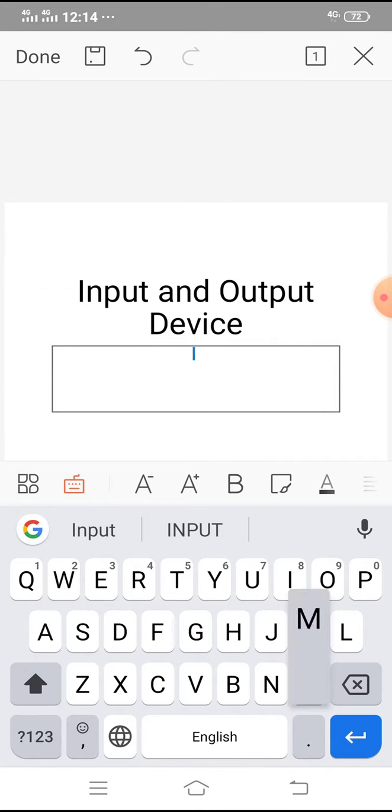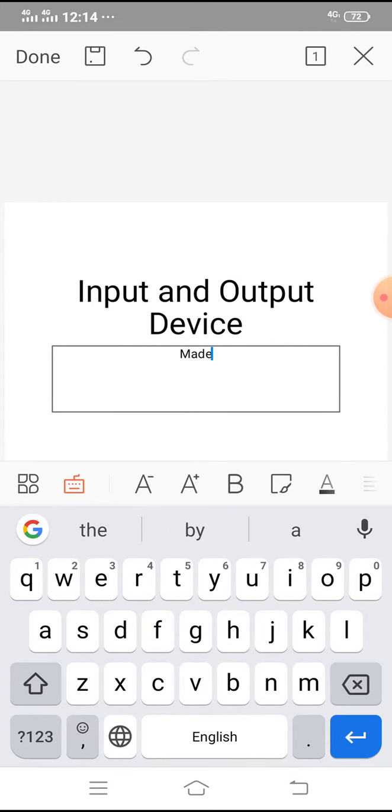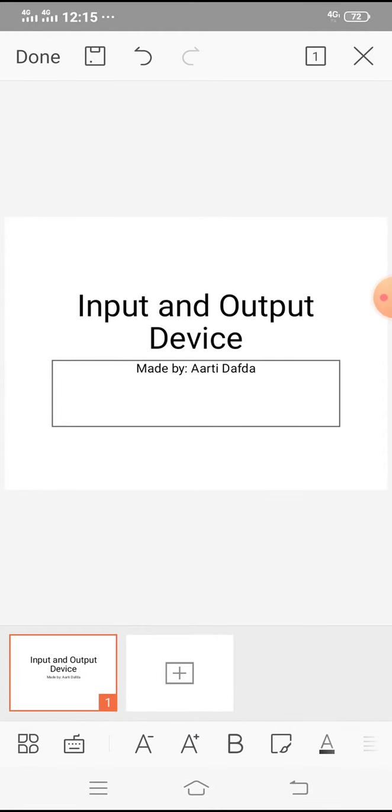I will write my name here. After completing my first slide, I will select a new slide by clicking on the plus icon beside my first slide.